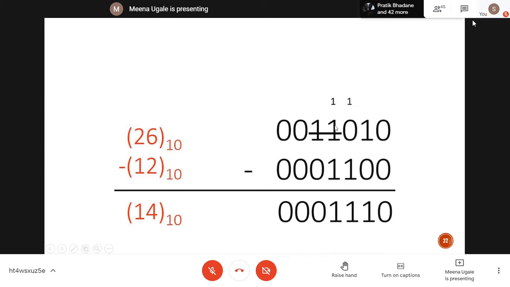In the same way, now this 1 has gone for this borrow. So here you are getting answer 0. So 0 minus 1 again will be 1 and borrow generated will be 1 in this case. Again this 1 will get cancelled as a borrow, and then you are going to get 0 minus 0 as 0, and then the remaining bits are also 0 minus 0. So the final answer you will get is 0001110. Just note it down in your notebook and then you can see how this borrow is generated. Note down this example.